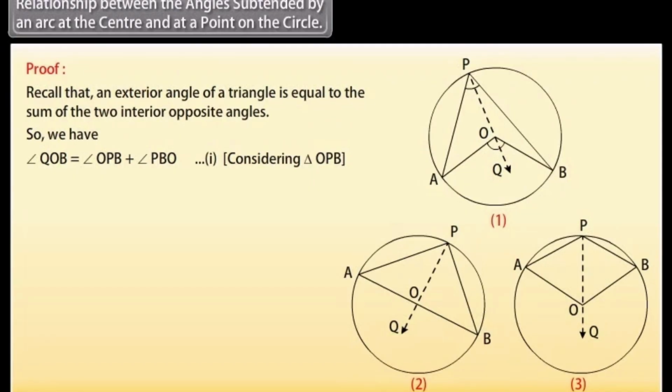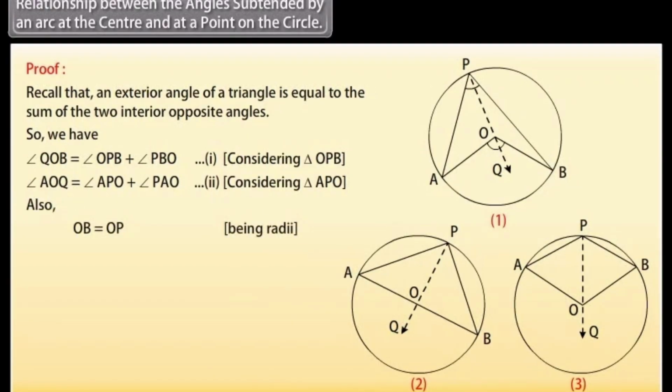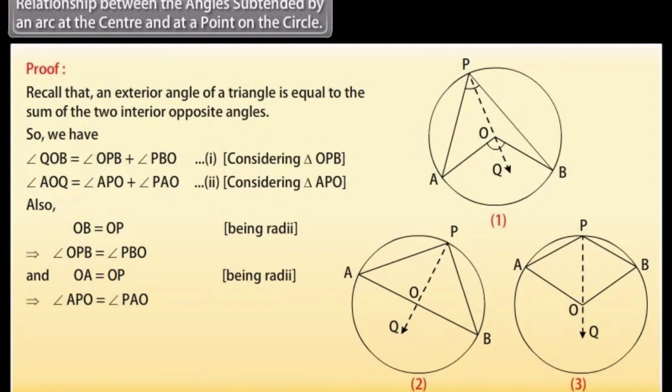1. Considering triangle OPB, angle AOQ is equal to angle APO plus angle PAO. 2. Considering triangle APO. Also, OB is equal to OP, being radii. Angle OPB is equal to angle PBO, and OA is equal to OP, being radii. Similarly, angle APO is equal to angle PAO, thus 1 and 2 reduce to angle QOB as 2 into angle